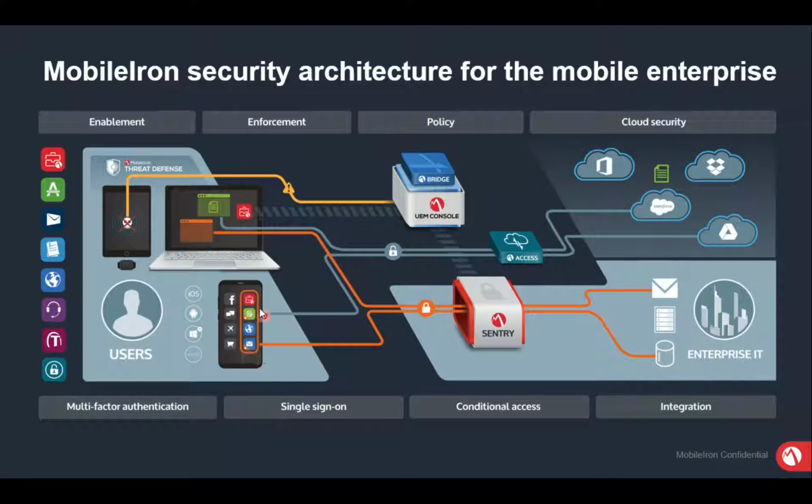On the device, you'll see the orange box, which is a logical container. Whenever a device is registered or onboarded on MobileIron, a logical container is created, and anything that happens within the container stays inside the container. So even if any malicious app is present on the device, and it tries to read data from other applications installed on the same device, it cannot breach into the apps within the container since it is encrypted.